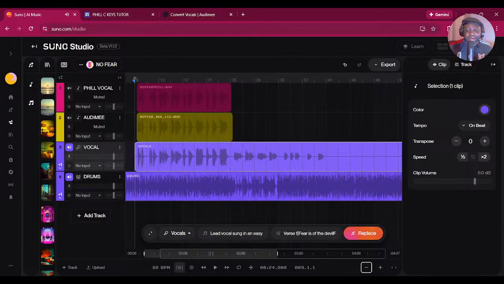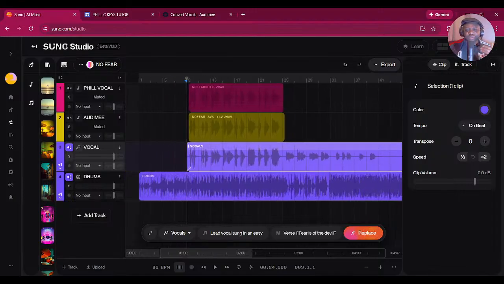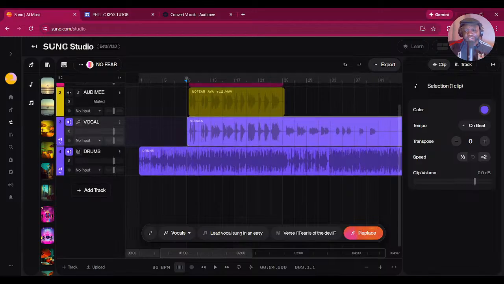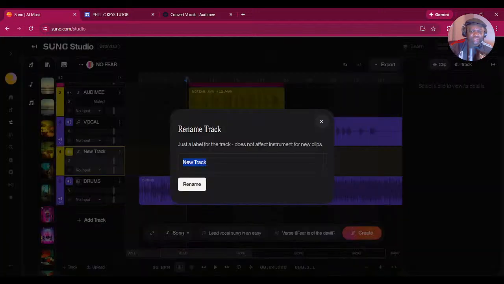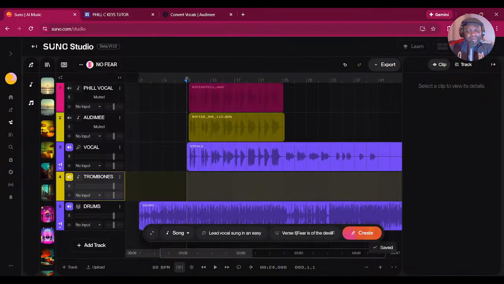Not bad, Suno, not bad. Now, the idea is not to take it all the way to the nth degree, but I just want you to get the idea of what painting entails. It's an insanely vast amount of patience required for this kind of stuff, my friends. So next we're going to add a track, and this track we're going to attempt the classic reggae trombone sound. Trombones. You cannot do reggae without trombones and guitar for sure.